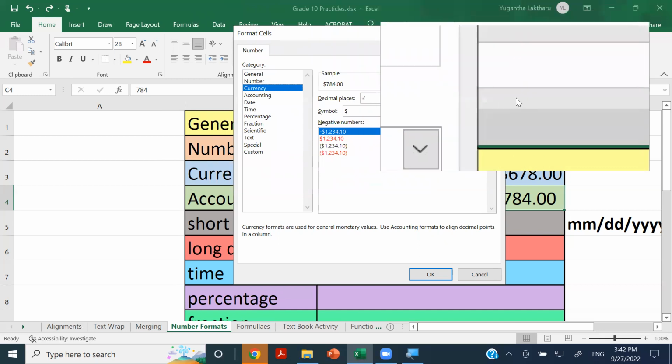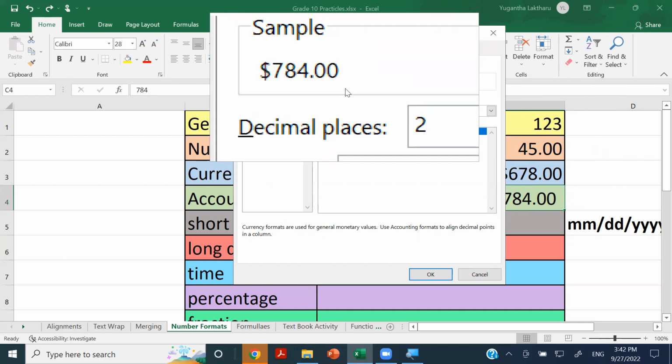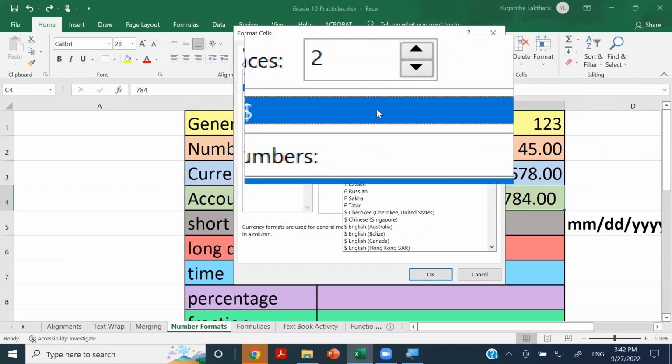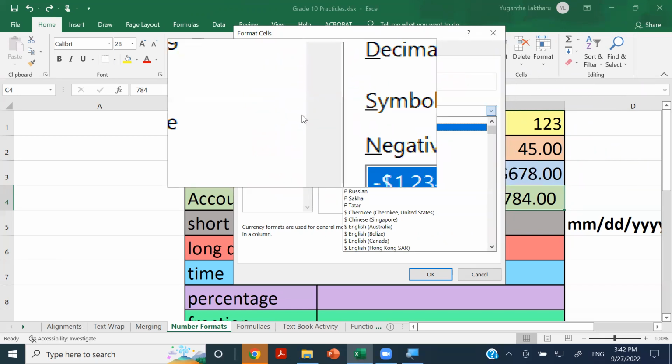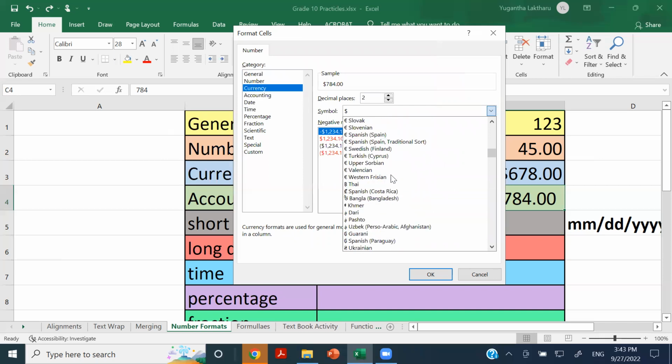By default, it is set as 2. From here, you can choose the currency symbol. Now, it's a very big list over here. If you are searching for the letters Ru, which indicate rupiah,